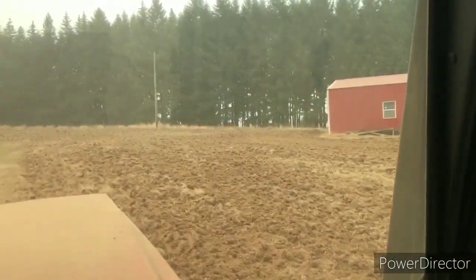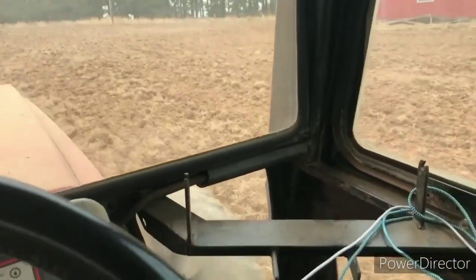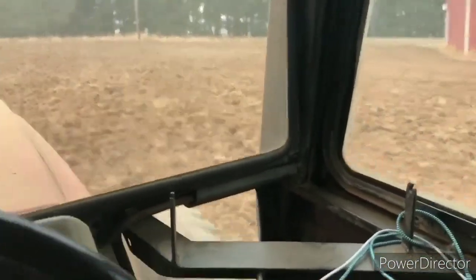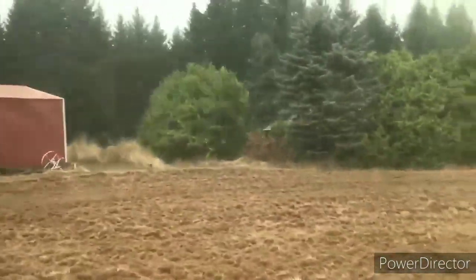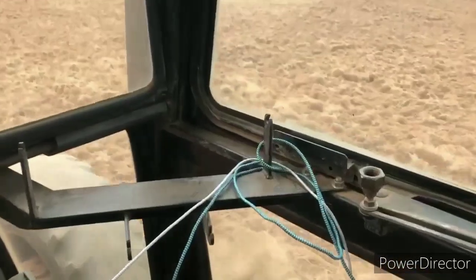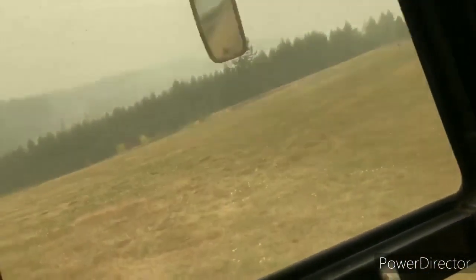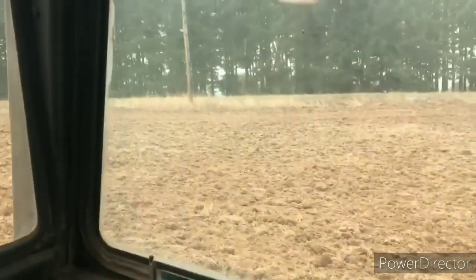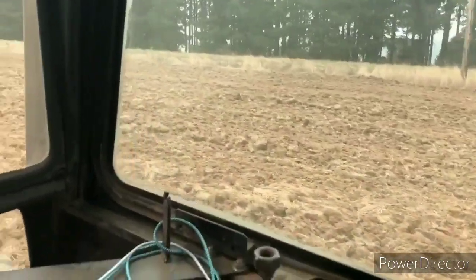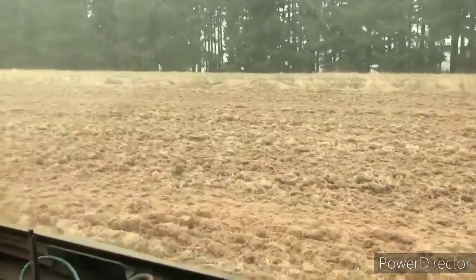Well, guys, I am disking in the field that Dad had started yesterday. And right about where that power pole is, the brush rigs decided just to pull into our other little field. No rhyme or reason. It wasn't the same direction they had been going in and out for the fire or anything like that. They blocked the intersection that's over there behind the house and everything for no reason. Once again, everything's open up here. And I was pulling that hill over there when apparently they left, because I can't see them from that hill after that. So we'll see if they come back, because once I'm done with this field, I'm going directly to that little one. And if they're there when I do it,